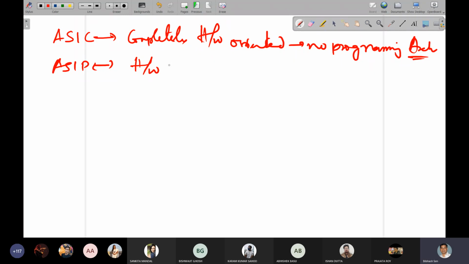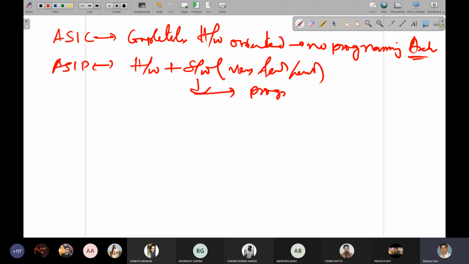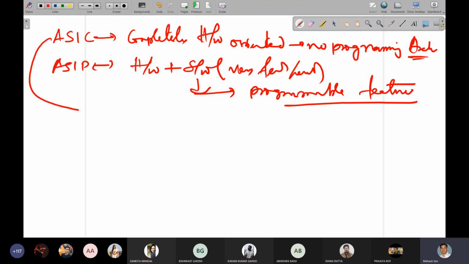Here there is also hardware and software, but very little, or you can say less consumption compared to the GPP. So the programmable feature is present there. So I found that in an ASIP there is a programmable feature. A very important point to be noted: some programmable feature is there, in contrast to the case of ASIC. Is it clear? If I go for the ASIC as the best example, I can design